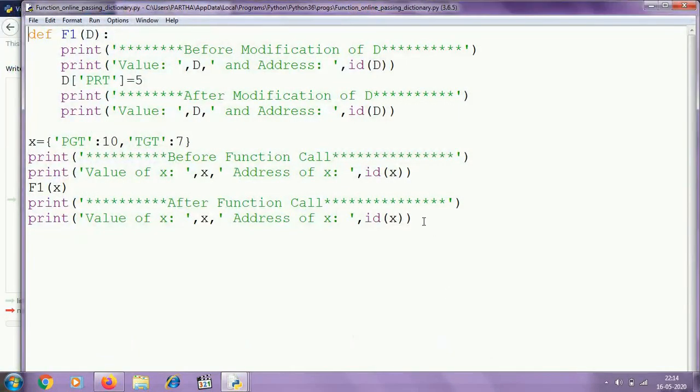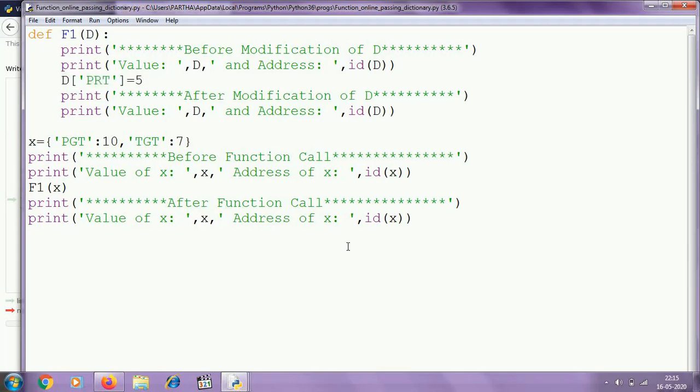And in case of dictionary also, it will behave similarly. As dictionary is mutable, change will be reflected in the argument as well as the parameter if we are changing the dictionary inside the function. Here the dictionary x is created. These are the key value pairs, and inside the function we are creating another key value pair.